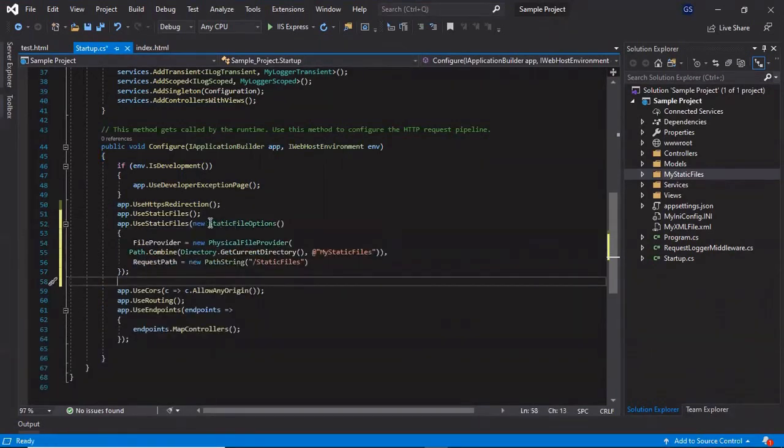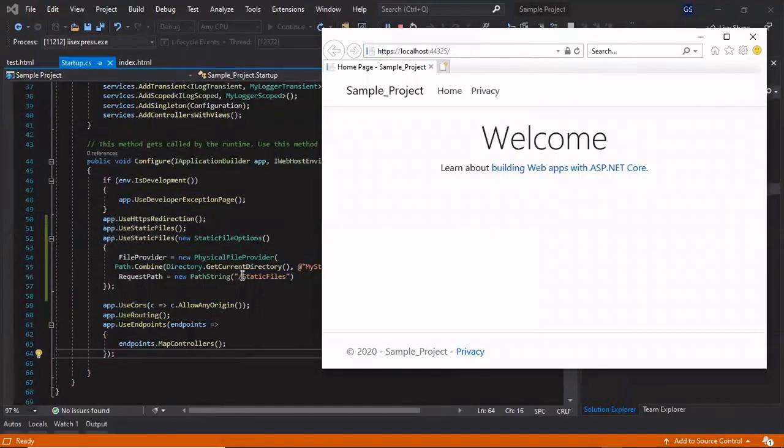I already have a code snippet, so I will add it. So we have used the static file options. Inside this we have provided the folder name which we have created here, and this is the path from which we are accessing our file. So now let's run. To access this, we need to give the path string static